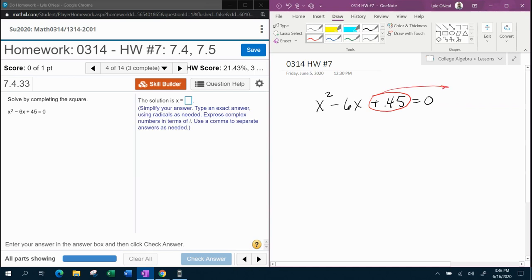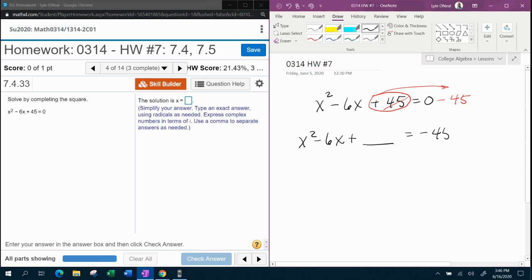So the plus 45 is the constant. If I move him over, he's going to make minus 45. This is the first step of the completing the square process. You have to get the constant over on the other side by itself, and then that's going to give me x squared minus 6x plus, and now I don't have a constant, so I'm going to leave that blank, equals